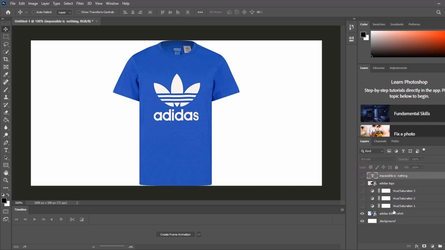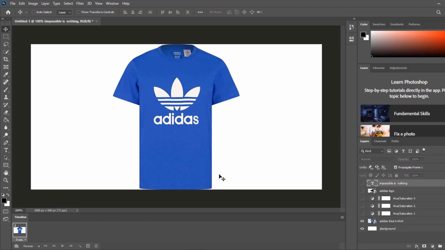So right now I have all my elements ready to be animated. So let's go to our timeline and make sure we have frame animation here. If you have video timeline, then you choose again frame animation and click on it. So right now we have our first frame. Okay, let me create the second frame. Click on this icon, and what I want to do is have my t-shirt come from the outside to the middle. So I will go to the first frame,